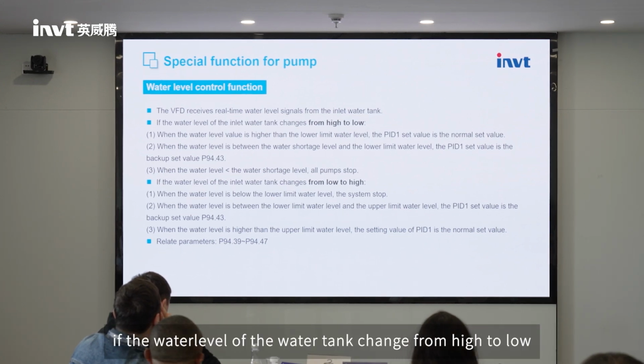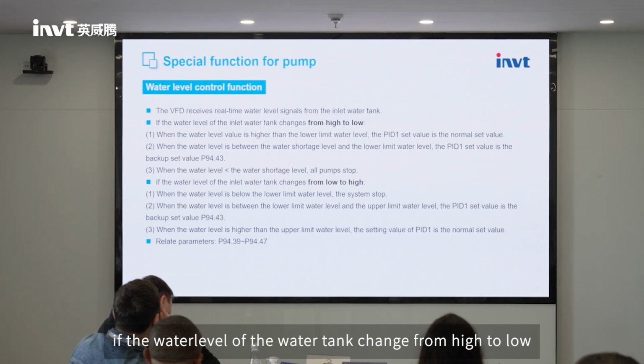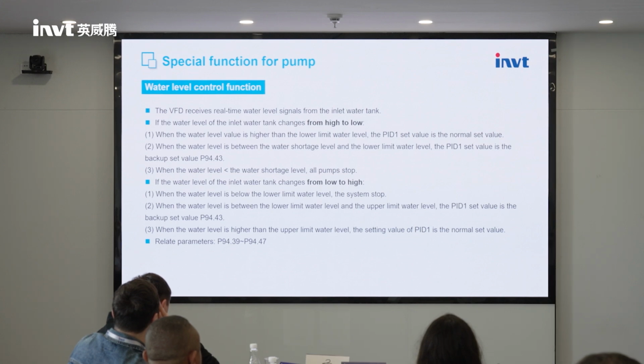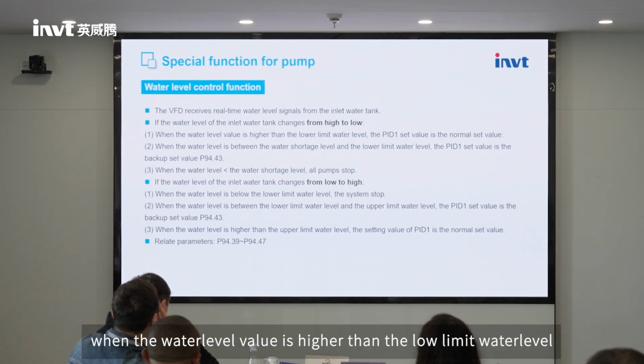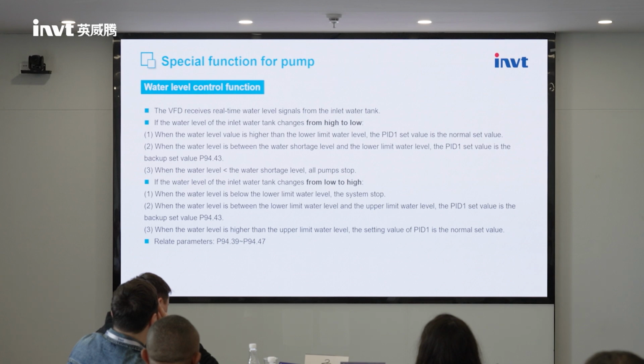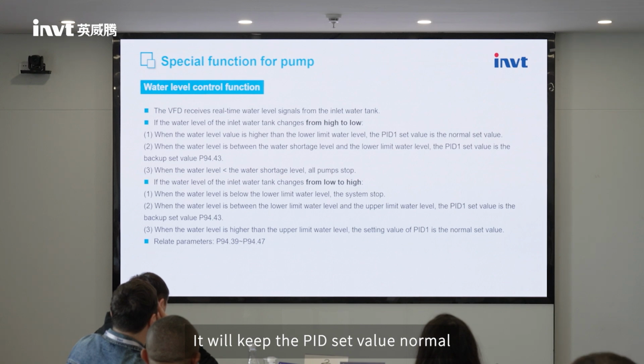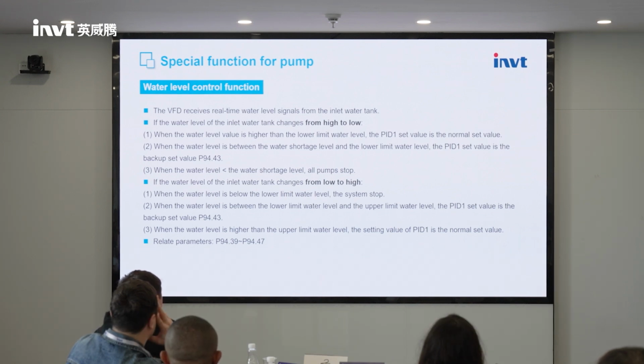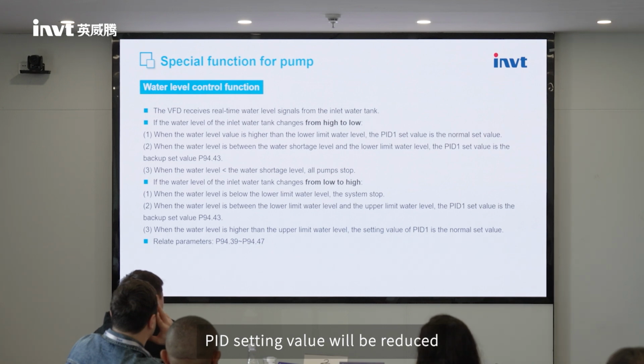If the water level of the inlet water tank changes from high to low, like when drawing water, when the water level value is higher than the low limit water level, it will keep the PID state value in the normal state. If the water level is between the shortage level and the low limit water level, the PID state will be the